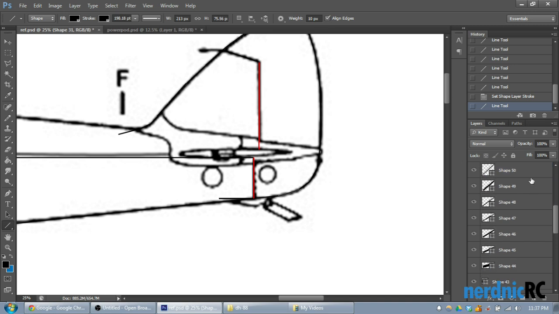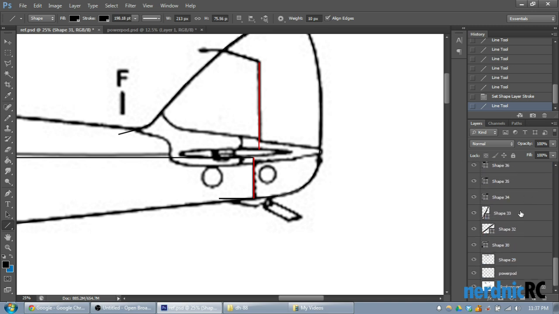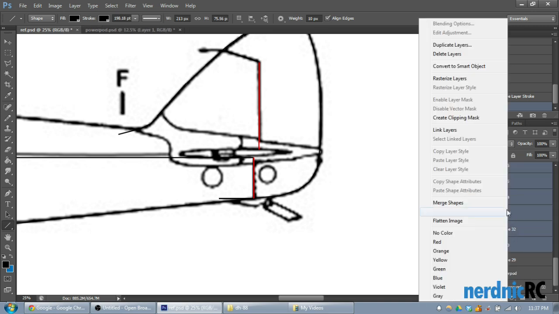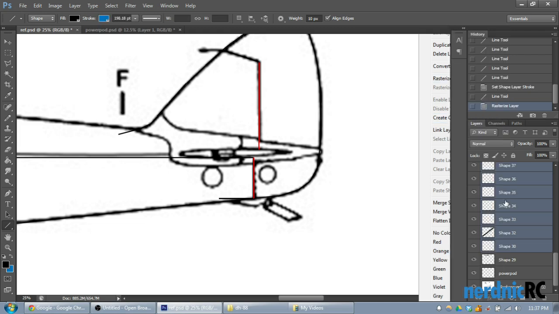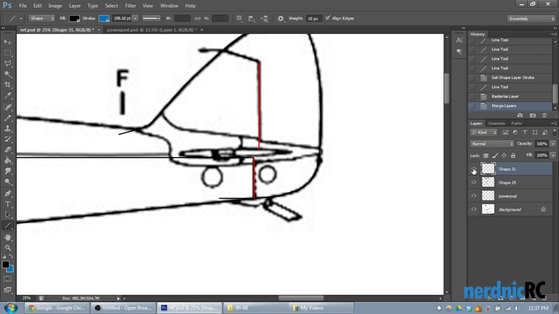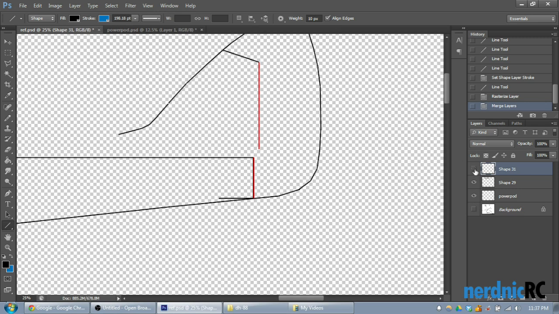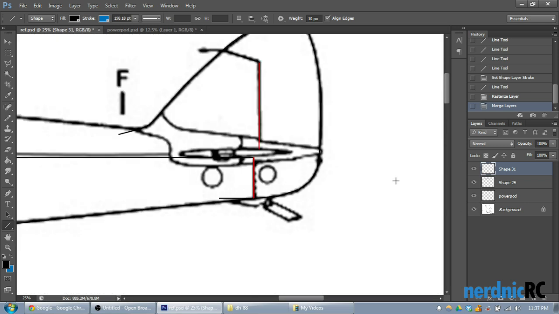So we're going to click on the last one, scroll down, hold down Shift, and we're going to go ahead and raster size these layers and then merge them. And now we should have one piece. So there's my one piece. Okay, and now we're going to go and do the same thing on the